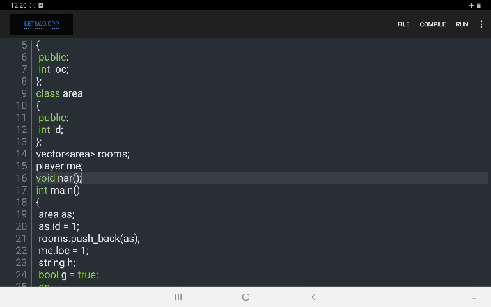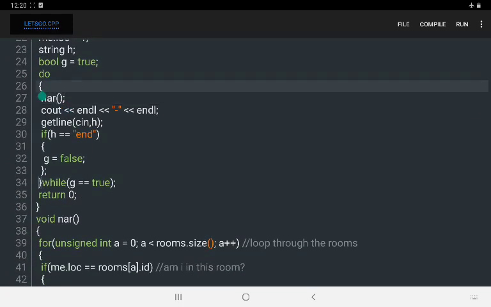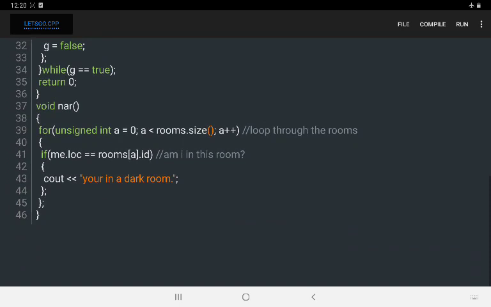So a function, there it is. Then I call upon that function. So every time this set of code right here is running, it has to run the narration function. Then in the narration function, it loops through these rooms, and in those rooms, it checks to see if I'm in one of those rooms. And then, there you go. Eventually, it does find that I'm in one of those rooms, and then it reads out this line of code right here. And we're going to add more and more complex algorithms as time goes on,